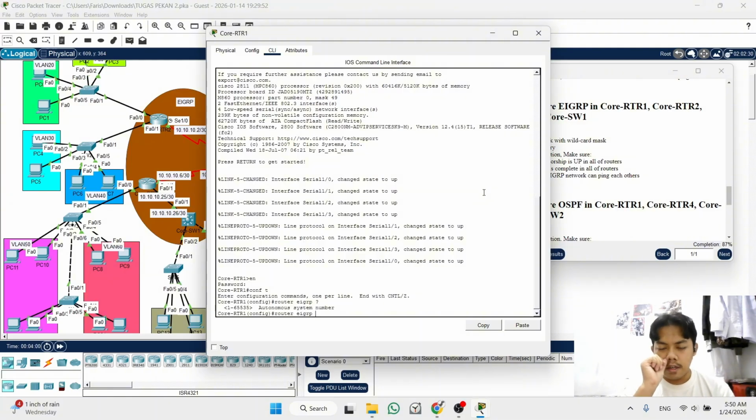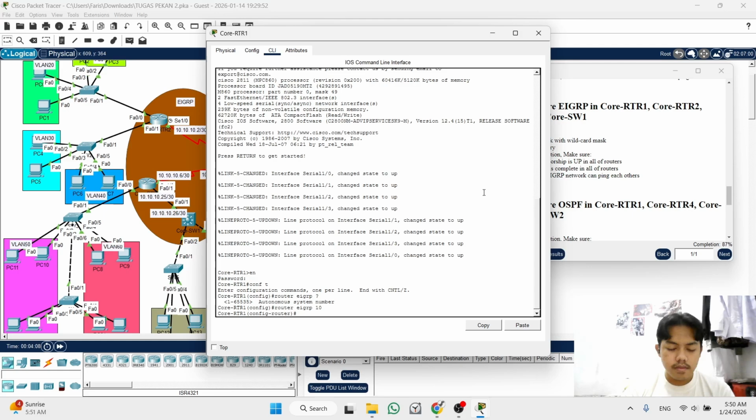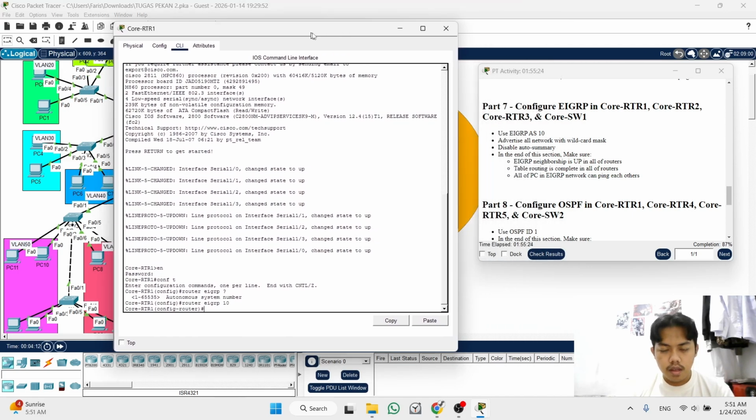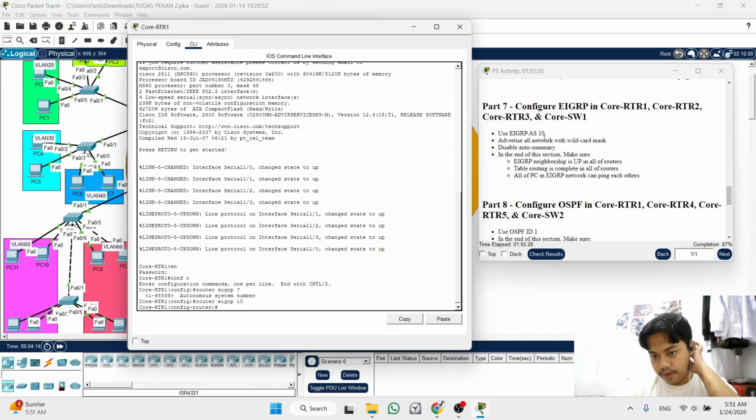The task asks to write autonomous system 10. Then enter. After that, advertise all networks with wildcard mask. Okay, disable auto summary.